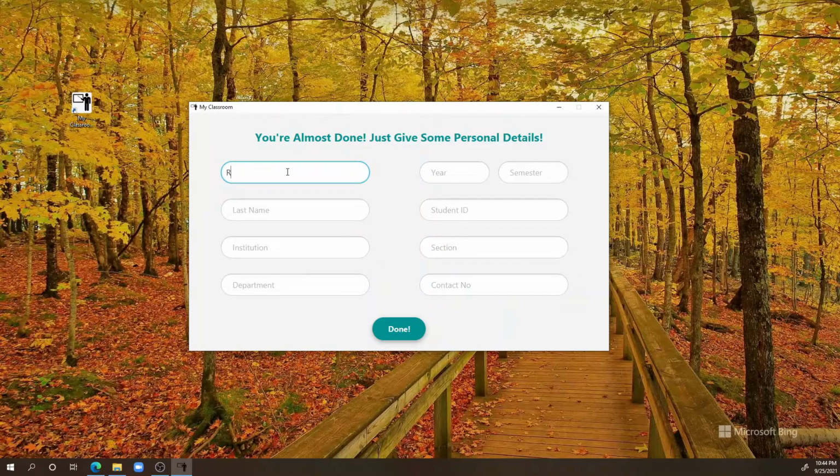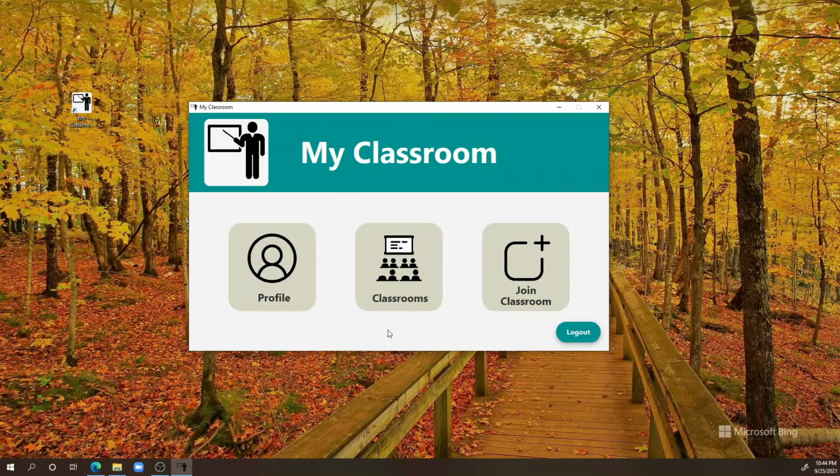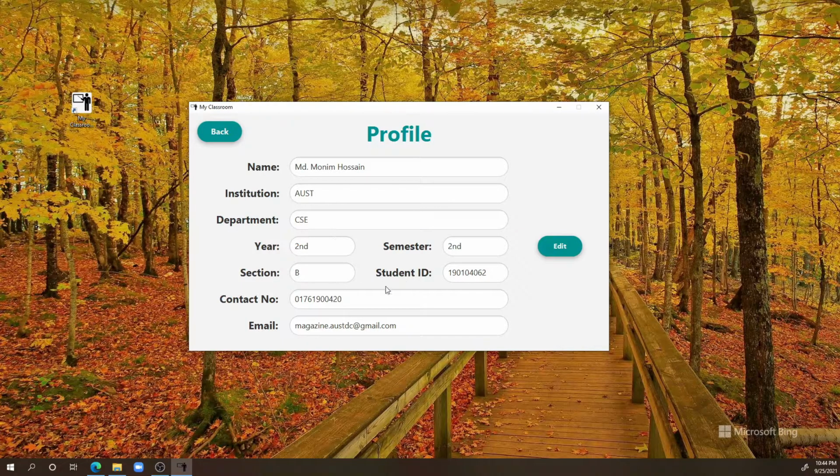So we have to also give some personal details here because we are creating another new profile. Done. This is our student's dashboard.